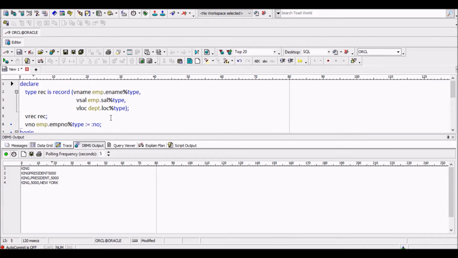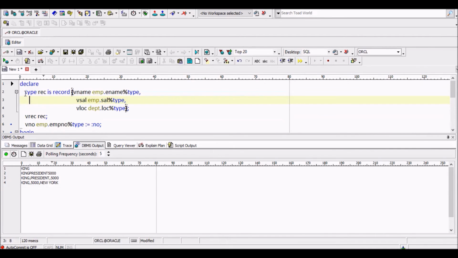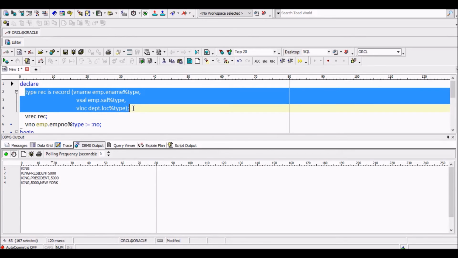So this is the declaration section. Now in this I am declaring a data type. This is the data type declaration. A record type is nothing but a user defined data type. Whatever columns we want, we will define on our own.